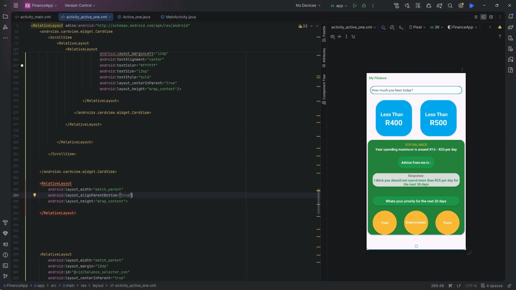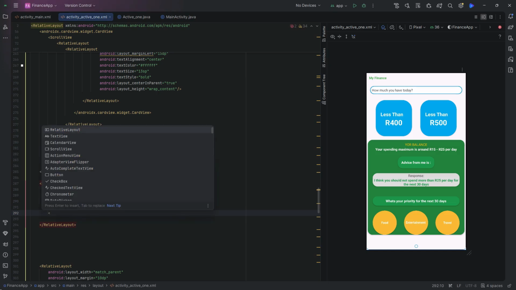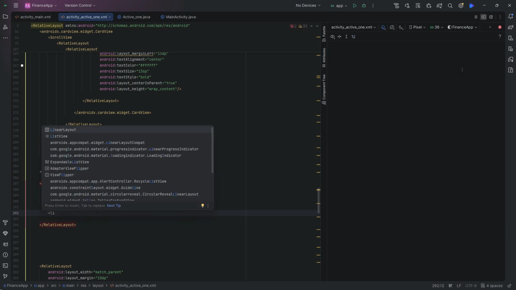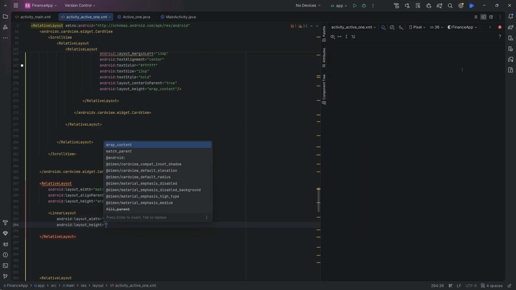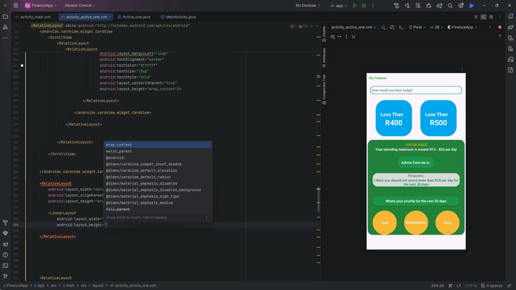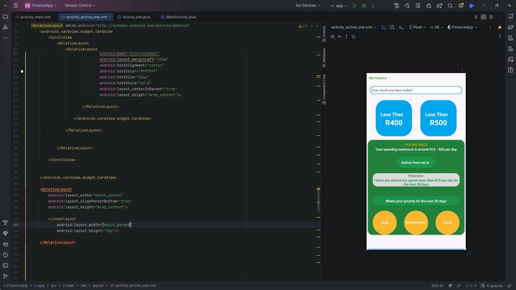Okay, and then inside this layout, I'm supposed to add this green line here. Let's see, linear layout with match parent, and then height, maybe 5 dp. Make the orientation horizontal. Okay, and then the background color,